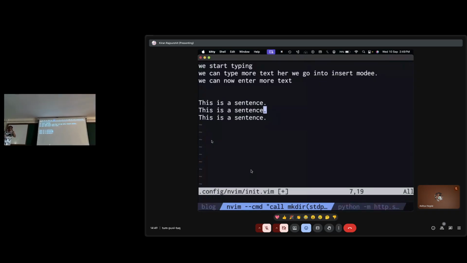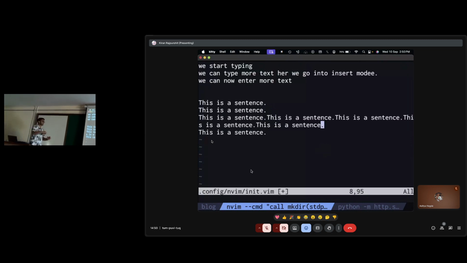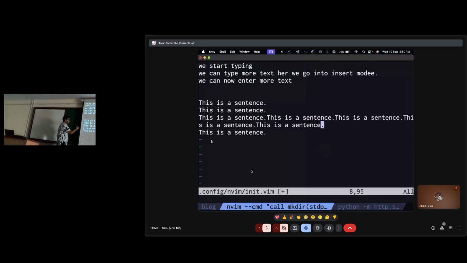Now you can also give counts into Neovim. So this paste is also another verb, right? What you can do is, again, press O to insert a new line, press escape to clear it, and do 5p. Right, so what this did was it pasted the same sentence 5 times.